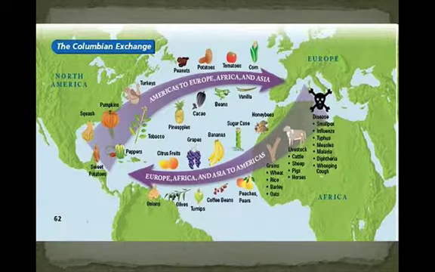So here's a really good image for you visual learners, to understand what is being exchanged coming from Europe or the Old World, including Africa and Asia, and products going from North America or the New World back to those same locations. Okay, pick out a couple of these. Make sure you memorize a couple of these. Make sure you understand the impact of the Columbian Exchange. That is the biggest part from chapter 1.